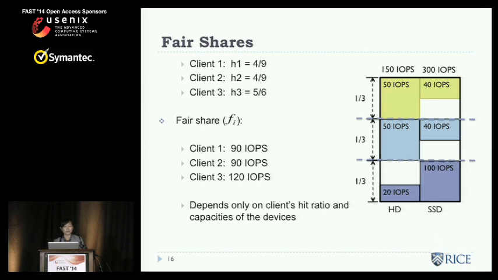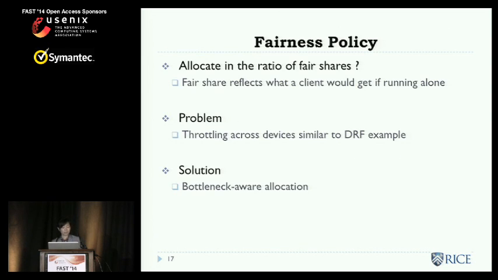The fair share depends only on the client's hit ratio and the capacity of the device. Actually, the fair share shows the IOPS each client can get if they get equal resources and without resource sharing. When they share the system, we also want that. We want to keep this ratio. So then what's the fairness policy in tiered storage? We could use fair share and allocate IOPS in the ratio of fair shares, because fair share reflects what clients would get if running alone with equal resources. But the problem is it might throttle some clients across devices, similar to the DRF example. So the solution is